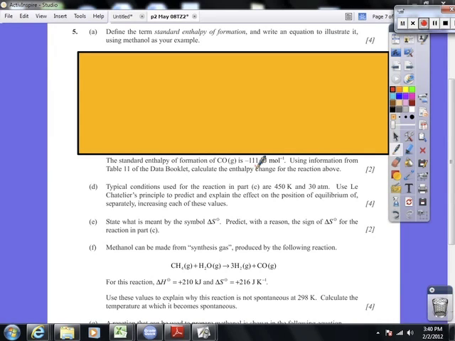Question 5, energetics-based question. Standard entropy of formation. You do need to know and be able to quote accurately definitions, especially in energetics. Standard entropy of formation is the heat energy absorbed